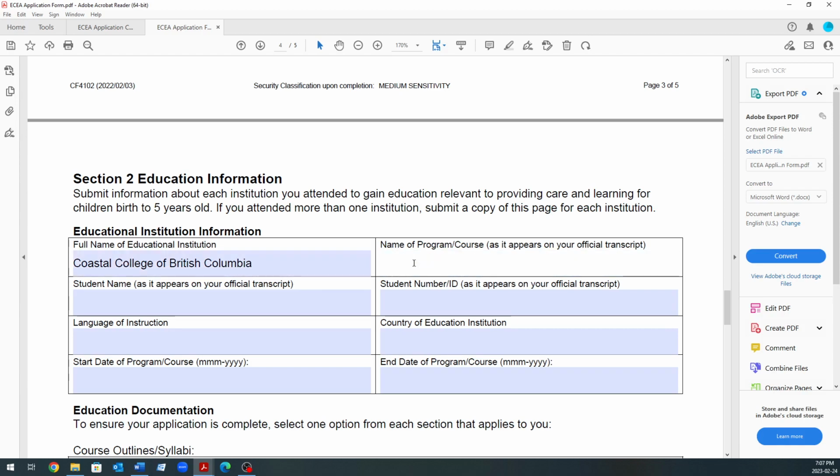Name of the program. So if you are taking ECEA 300, you would write it here. If you are taking ECEA 100, Child Development, you would write that there. If you are taking ECEA 200, Child Guidance, you would write that there. So name of the program, as it appears on your official transcript. So ECEA 300,